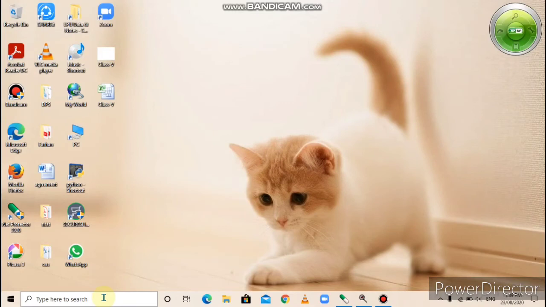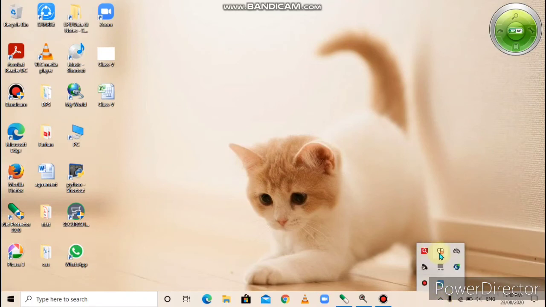Now, the notification area. Where is the notification area? This is the notification area from here to here, right? What is the notification area? It is present at the right corner of the taskbar. It displays time, date, and a group of small icons that tell us about the status of some programs running on the computer. The notification area informs us about time, date, and some programs that run on the computer.